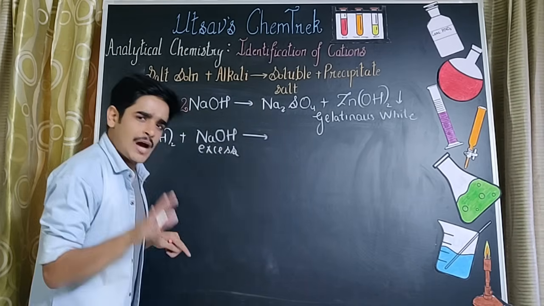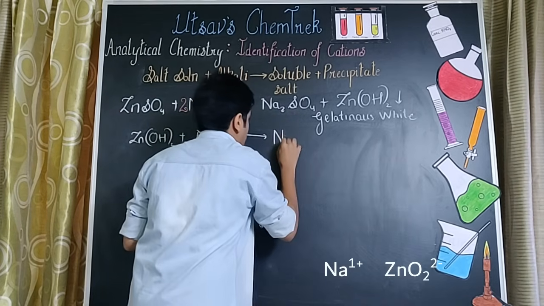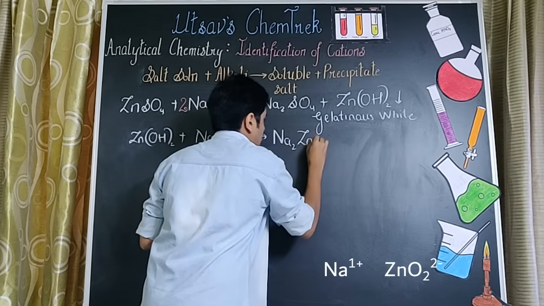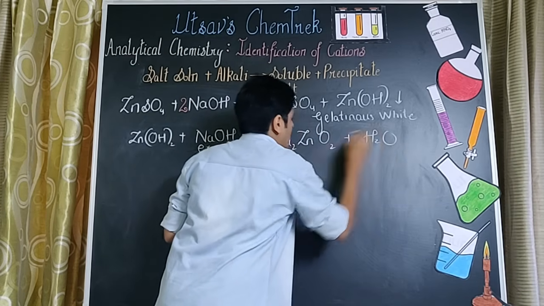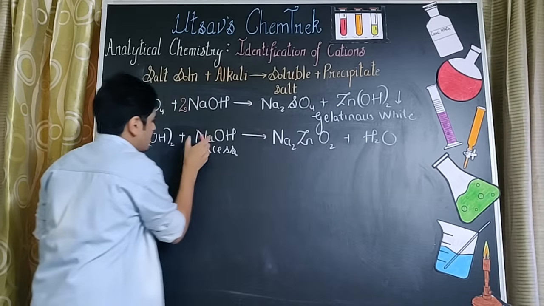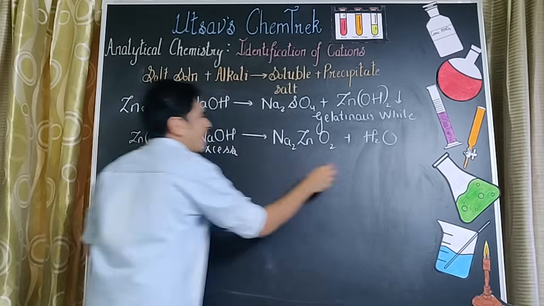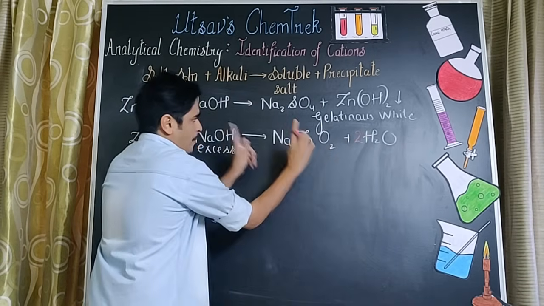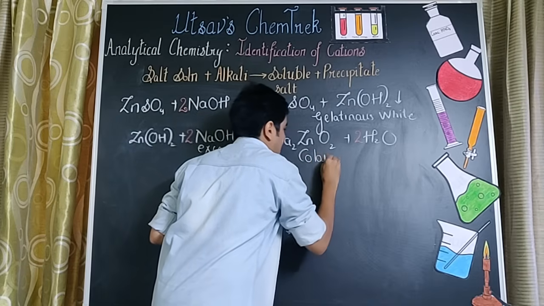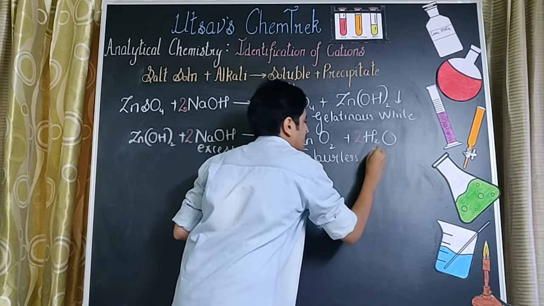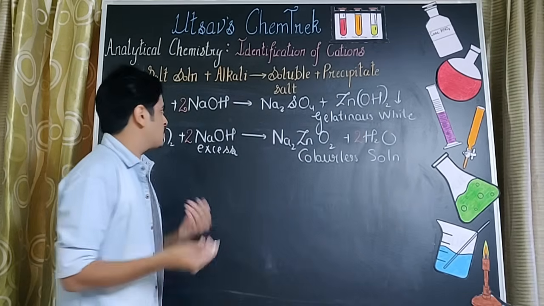Complex salt मिलेगा. पहले नाम समझ लेते हैं. It's going to be sodium zincate, given by the formula Na2ZnO2, and I'm going to have the formation of water. Balance करने के लिए 2 of sodium सिर्फ एक है, तो 2 हाइड्रोजन टोटल हुए 4, 2 of H2O. Complex salt है, पानी में dissolve होगा. It's going to give me a colorless solution.